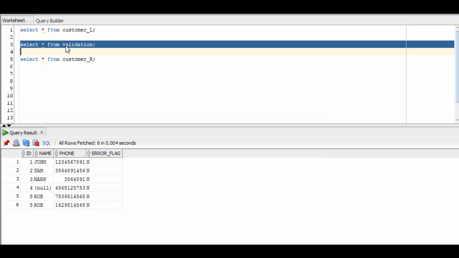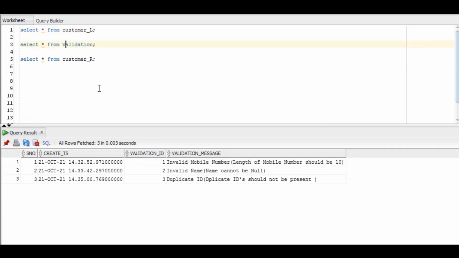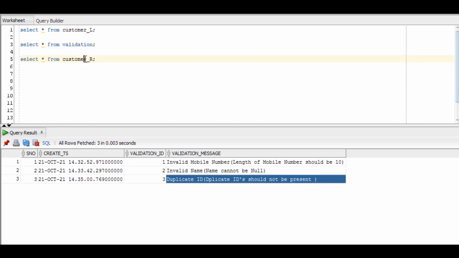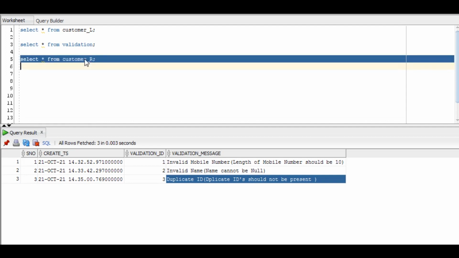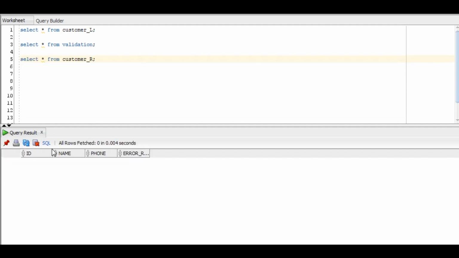Now we will be creating a validation table in which we will insert three business rules along with the message and their validation ID. And then the final table will be the reject table, in which we will insert the records if validation failure happens. This table has four columns: ID, name, phone, and error reason column.